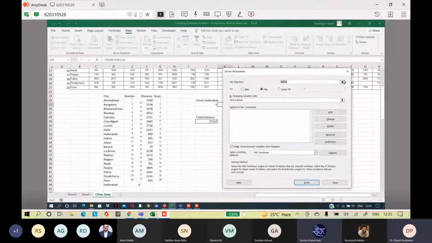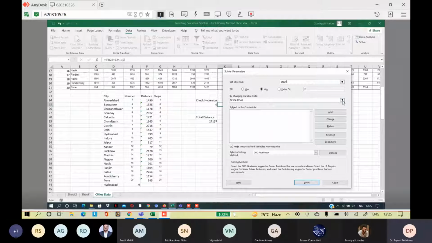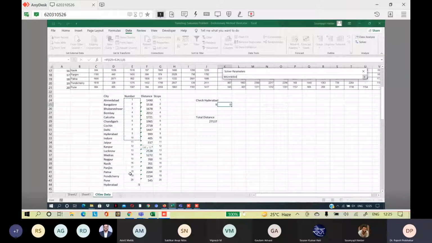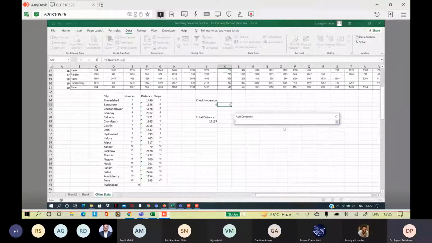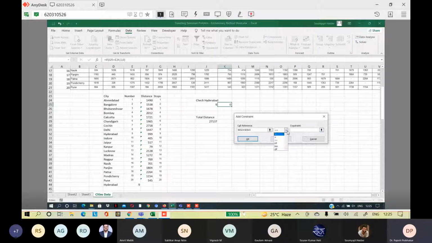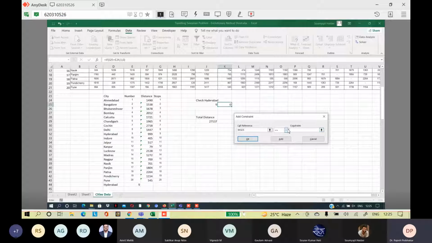One second. Let me solve this issue first. I'll come to your place. Minimize by changing the numbers till 20, comma, add constraint, cell difference. Again, select these numbers. Correct. Till here, till 20. This not equal to is different. Add. Then select the cell 0. Then the constraint should be equal to, input manually, 1. Okay.